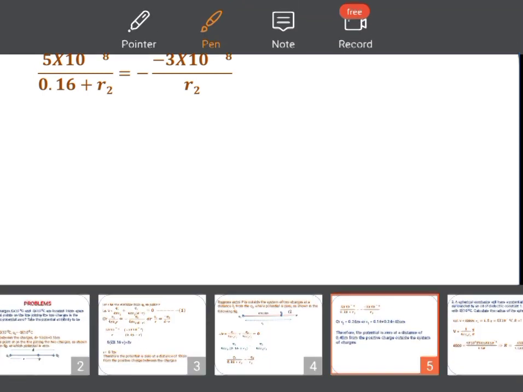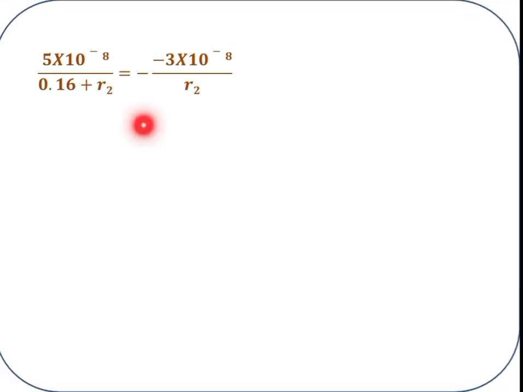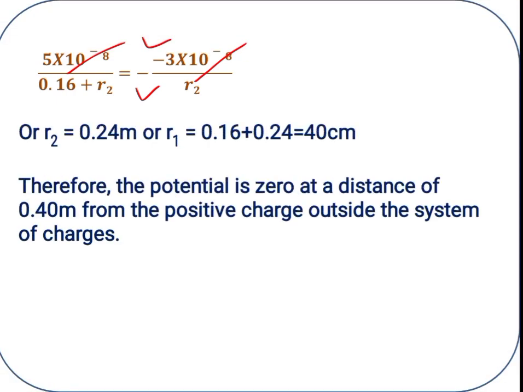Substitute the values of Q1 and Q2, right? So after substitution these two get cancelled. Okay, so minus 3, and due to exchanging the values we got negative, so for that reason negative becomes positive, right? Next, after simplification R2 value is equal to